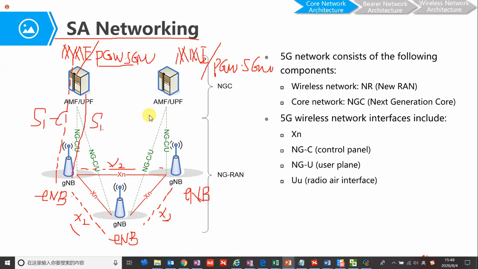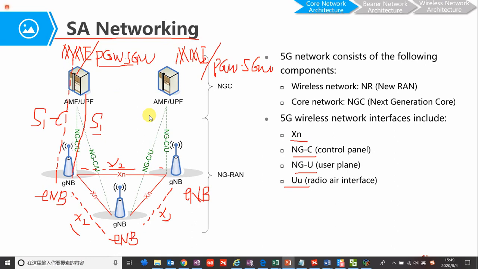It's just the interface between the two network elements, like S1, X2, M1, M2, like SN, NGC, NGU, UU interface. Just the interface.